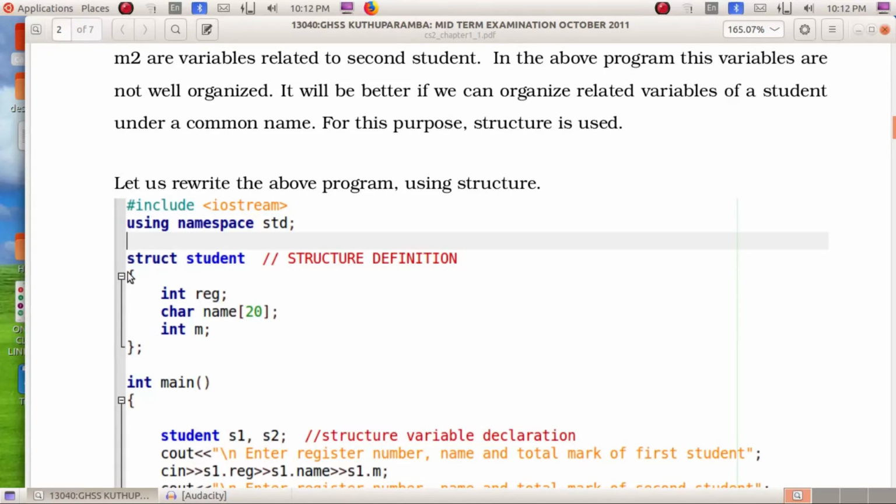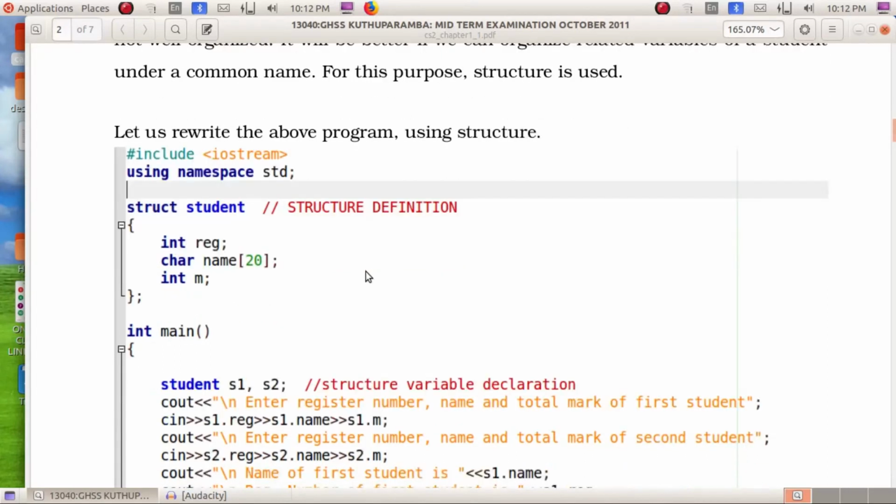That means we are creating a structure called student that contains three related variables: reg for storing the register number, name of 20 for storing the name of the student, and m to store the total mark of the student. So these three variables are grouped under a common name called student.